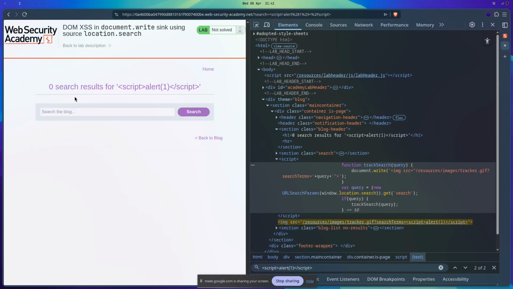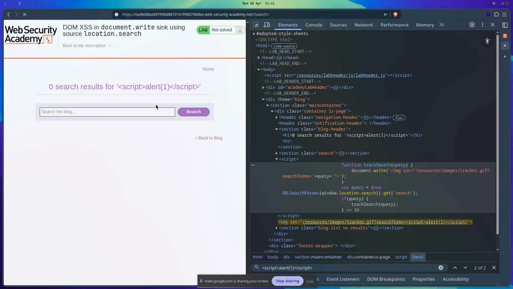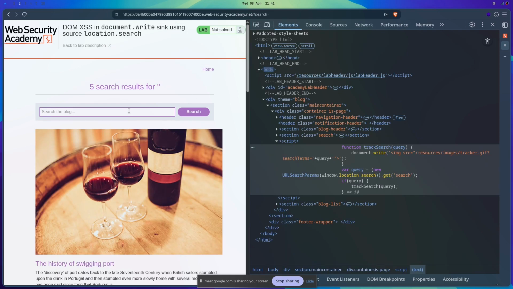Okay, if we searched fail onerror, if we searched